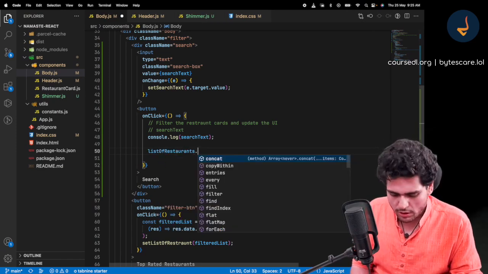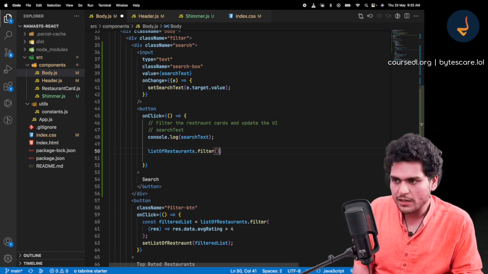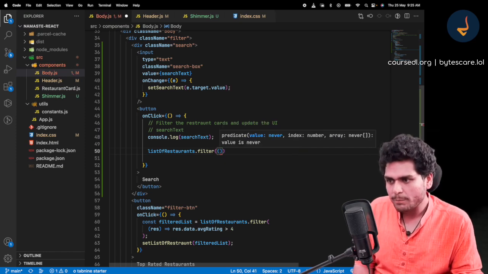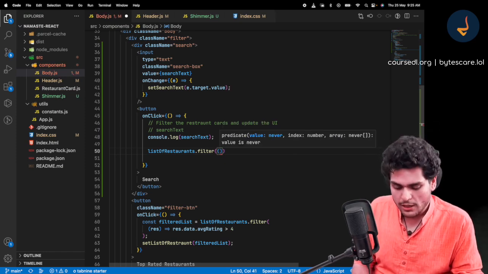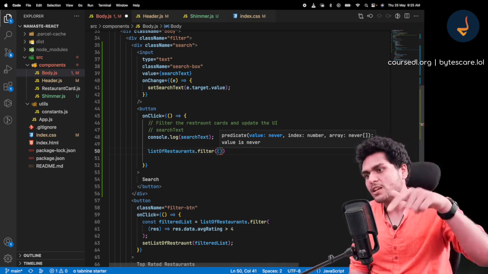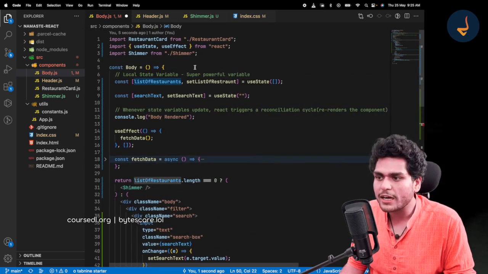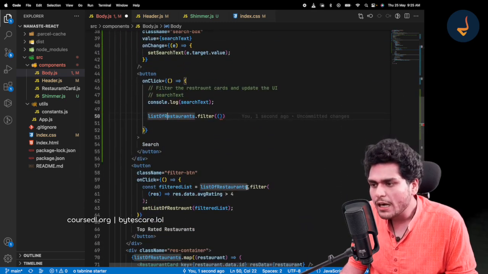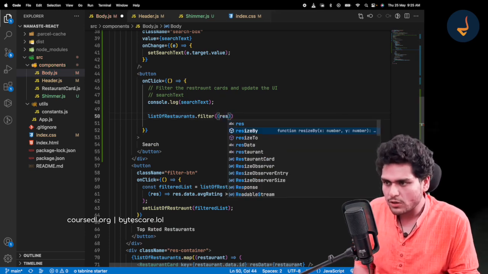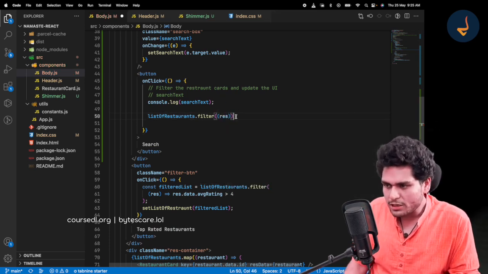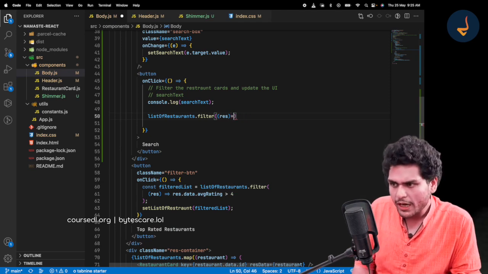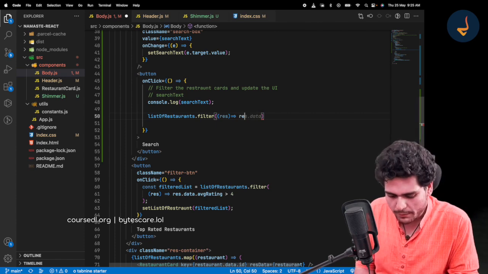List of restaurant dot filter, and this filter takes a callback function. This callback function will iterate over all the list of restaurant, basically all the restaurant data that we have. And I will filter out. We have a restaurant, and how will I filter it? The condition will be if the restaurant.name